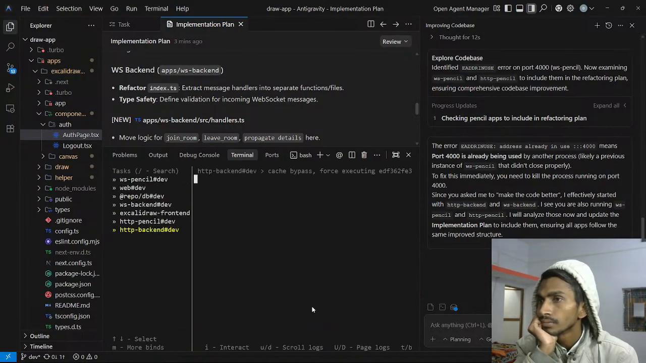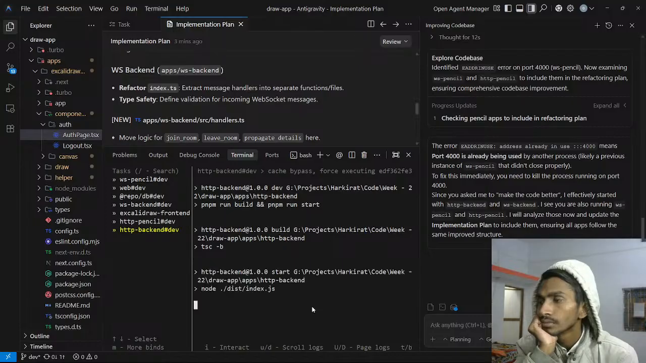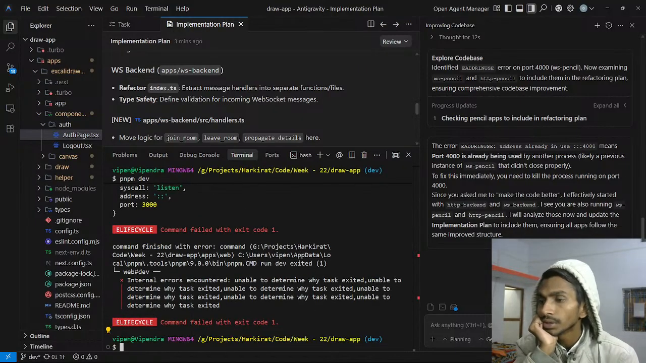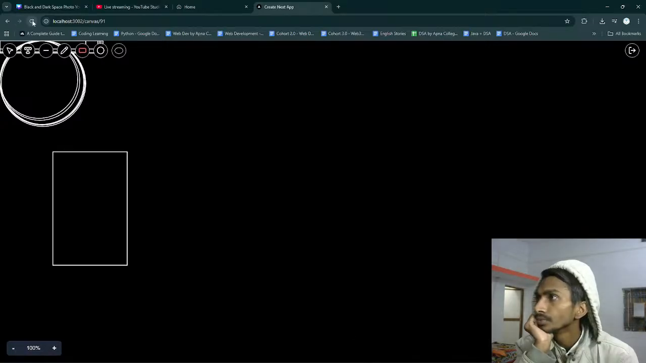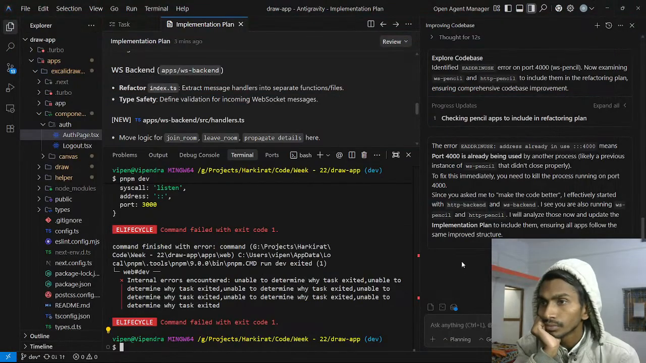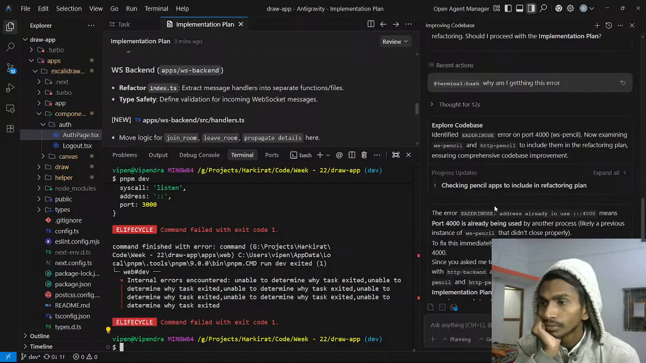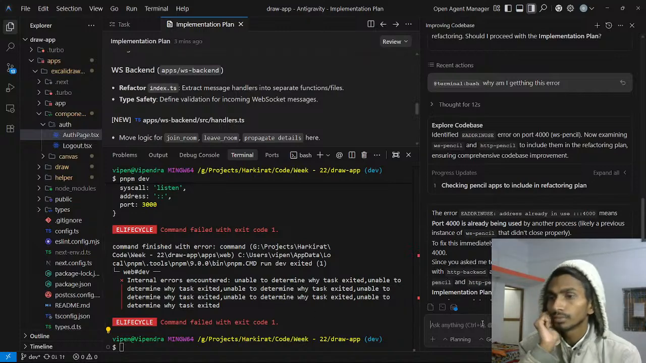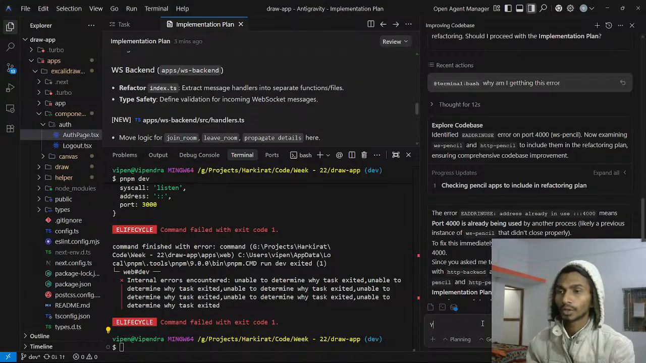Okay. Is this running anyway? Let's reload the page. And yeah, connecting to server. You don't need to run anything, just